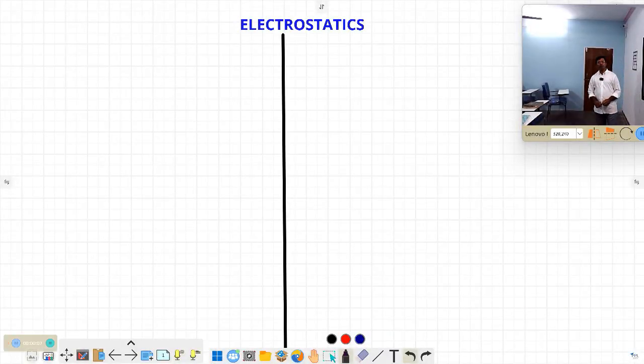Hello students, today we are going to start a new topic, that is electrostatics of 12th class, the most important topic of the 12th class. Based on this one, a lot of questions will be asked in the competitive examinations, and